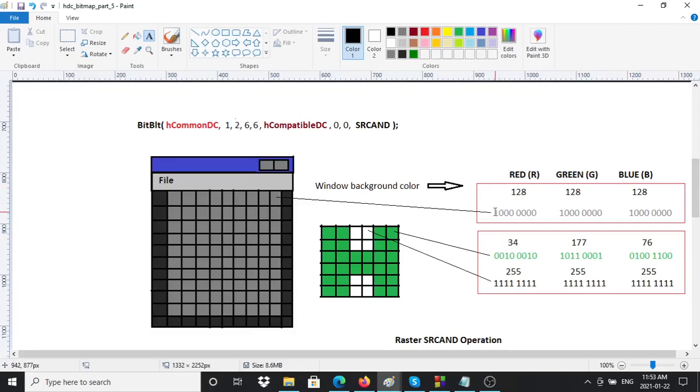This is the binary representation of the 128. This is the binary representation of the 34, 177, and 76, which is the green that we are using here, for the red, green, and blue values. And the white is basically 255, 255, 255, which is basically white. Okay, so what we do here,